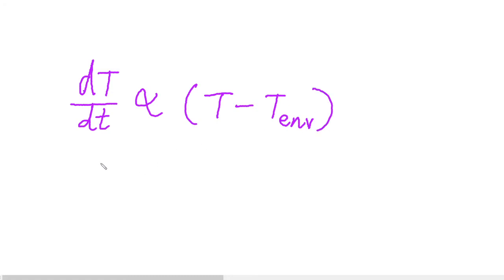So in maths terms, if we wanted to get rid of this proportionality sign, which is a sort of physics artifact, then we'd say dT by dt is equal to k(T